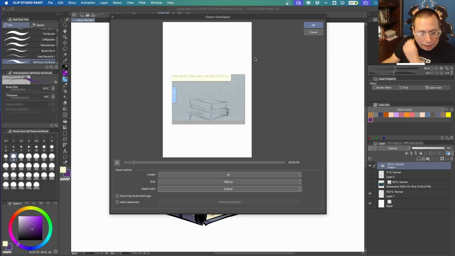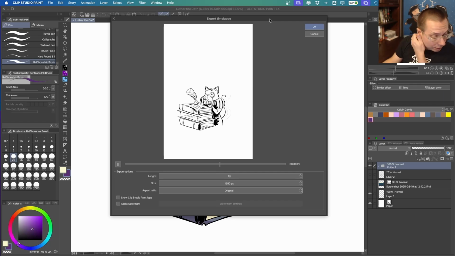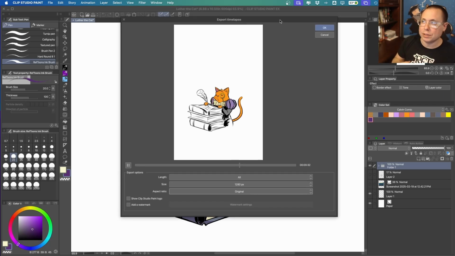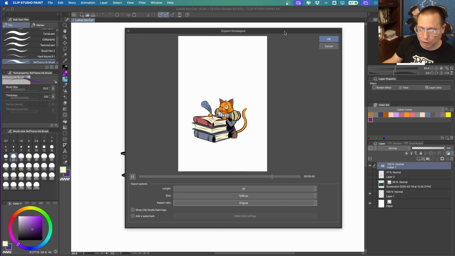My artboard is set to my comic book page size, which is 6x9, a little bigger than that. But if you wanted to export your entire time lapse and then use a video editing program, sorry, I can't get my words out right now, thinking as I'm speaking. But if you wanted to just upload it into your video editing software,